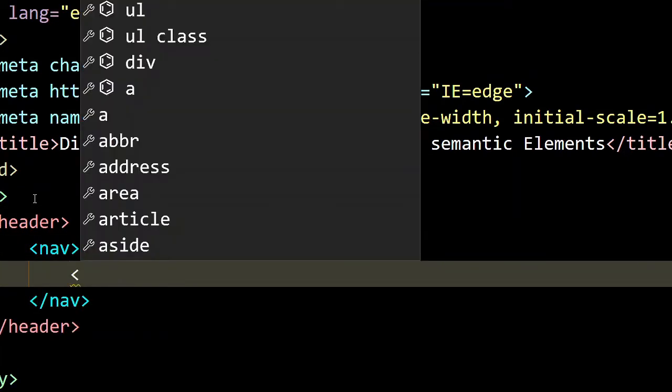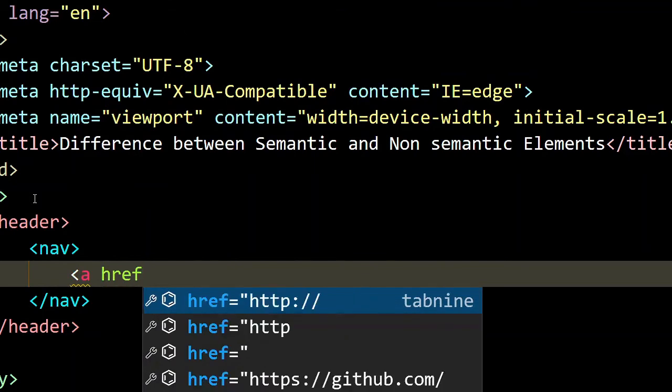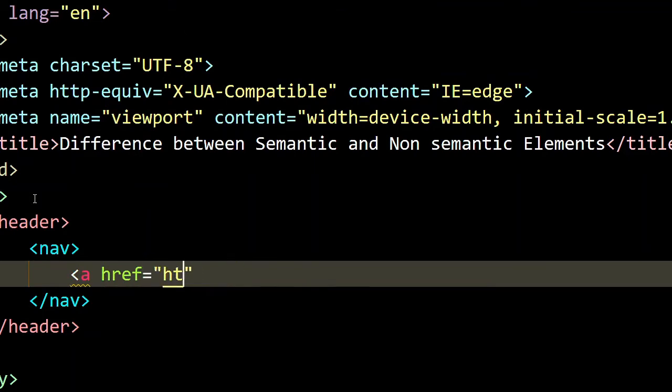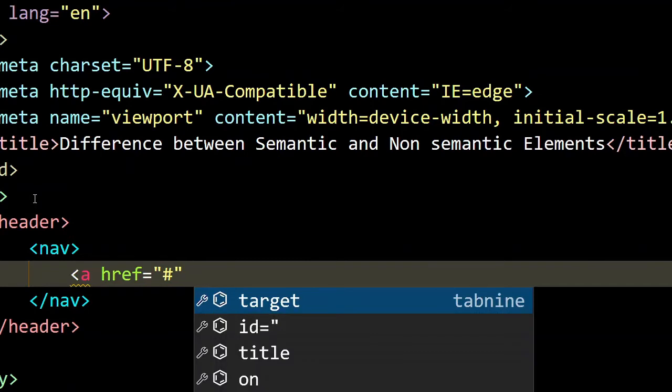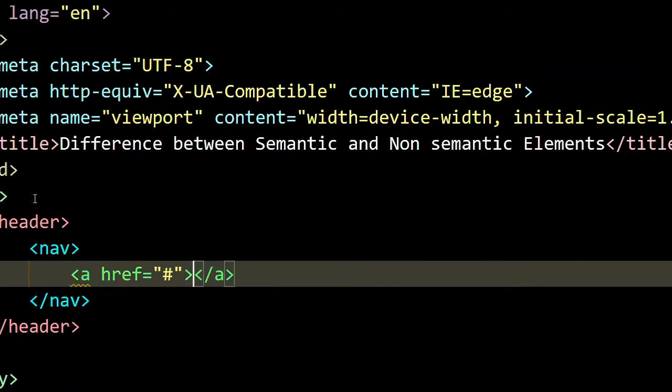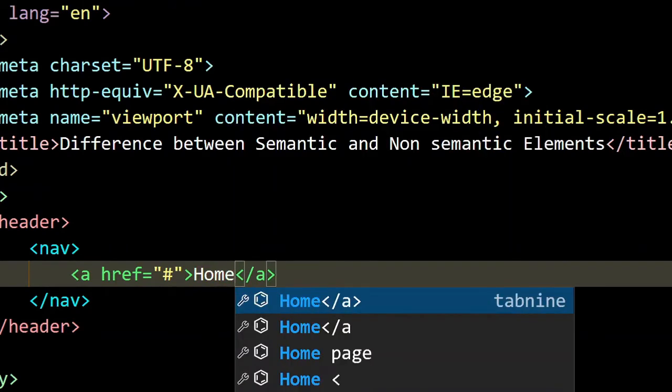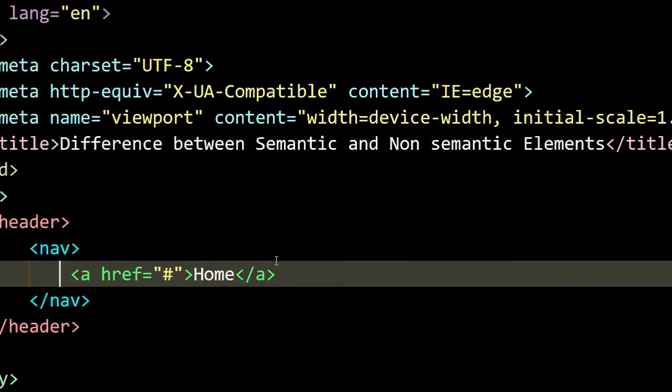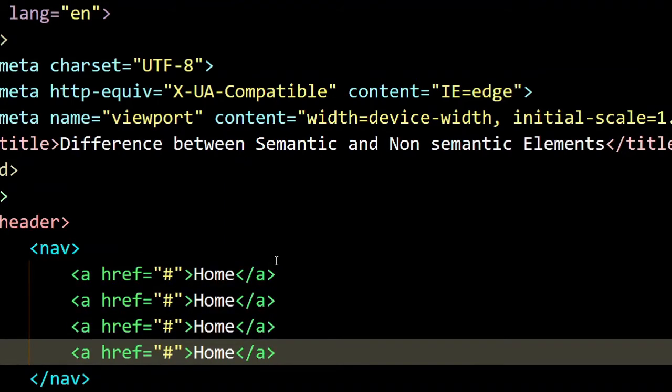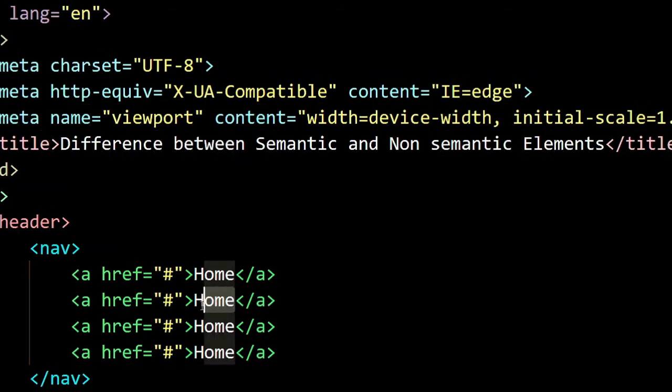So I'm just going to build a very simple navigation bar. I'm not going to give any link, just the self. I'm writing home, the usual. So I'm just copying this code four times. I have done this with the help of Alt, Shift and down arrow, just in case any one of you is wondering. Home,